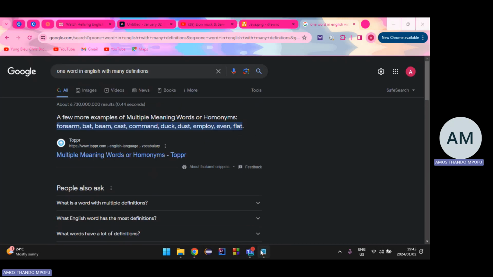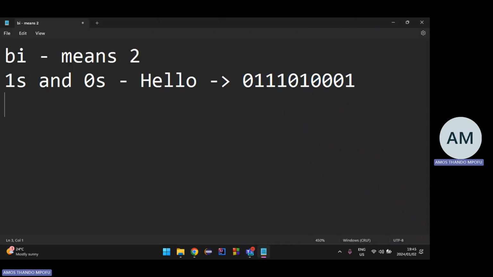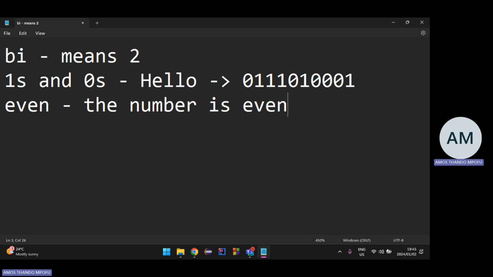Let's use the keyword even. You can say even, as in the number is even. Or you can use the word even like we are even. I paid you what I owed you, and you paid me what you owed me. We are even.